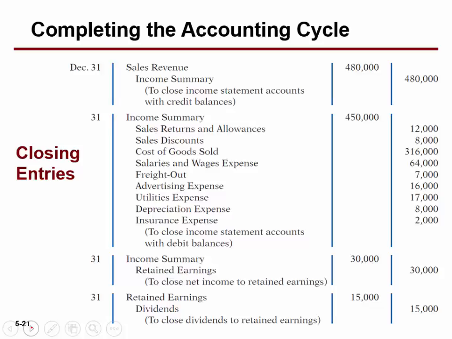And then dividends are sort of like an expense, but we don't run them through the income summary, right, because they don't show up on the income statement. So we just simply debit the retained earnings for the amount of dividends and credit the dividend account to close it. All of these accounts that we close got to be zero at the end of the year except what? Except retained earnings, right? Everything in here gets closed out to retained earnings eventually, doesn't it? Okay, good.